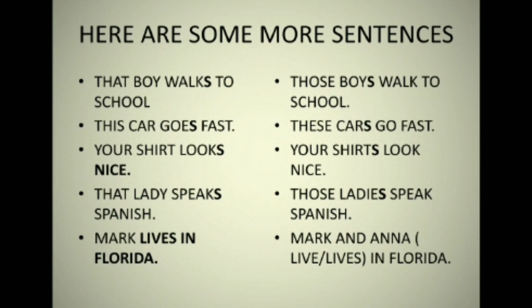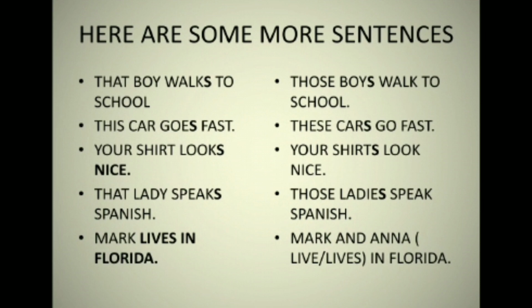Here is one more example, but it's going to be a little tricky. If you see this last one, Mark lives in Florida. Mark and Anna live or lives in Florida? So Mark is the name of one man. So we say lives, a singular verb. That's quite easy. But what if Mark has a wife, Anna? Do you say Mark and Anna lives in Florida